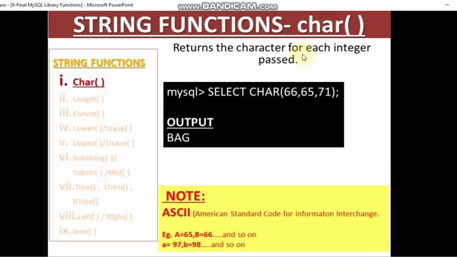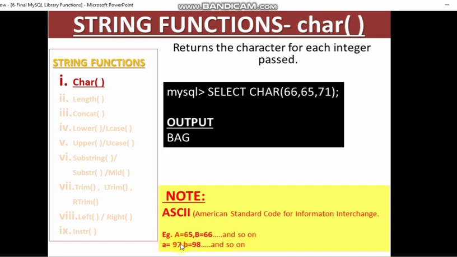First of all, the char function, character function. It returns the character for each integer passed. The integers which you are passing, as you know, according to the American Standard Code for Information Interchange, every character has an equivalent code. So capital A is 65 as you know in ASCII code, and B is 66, capital C is 67 and so on.